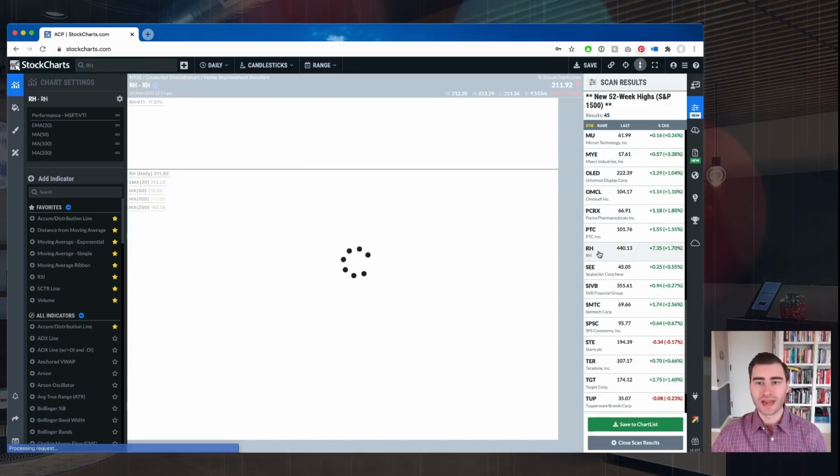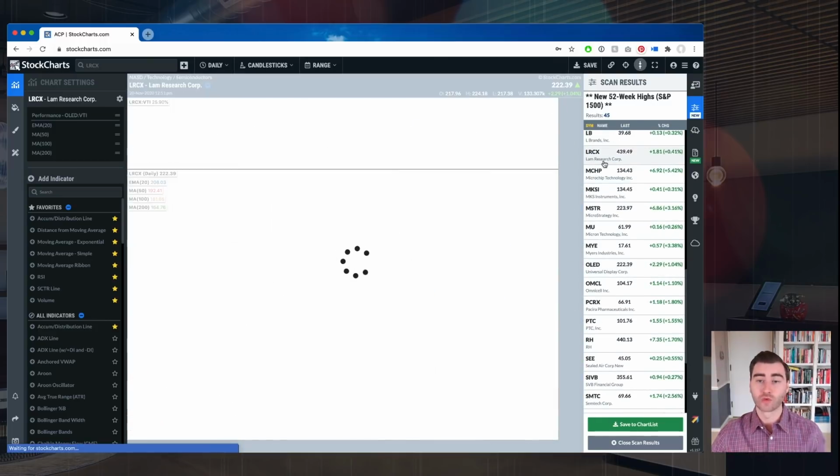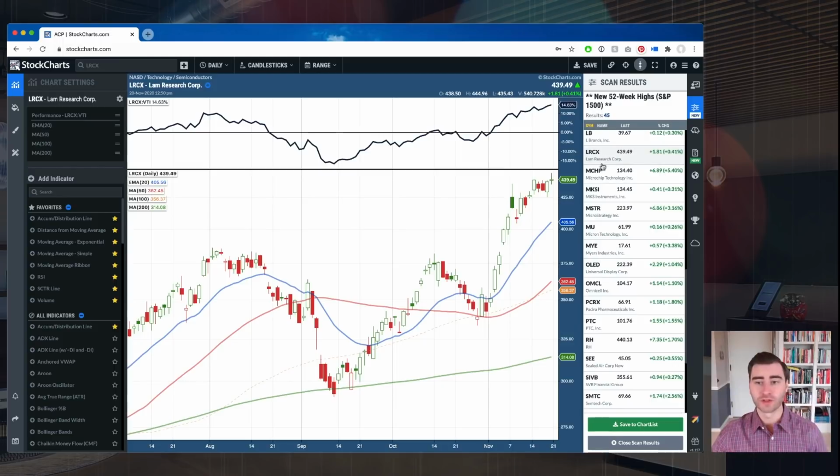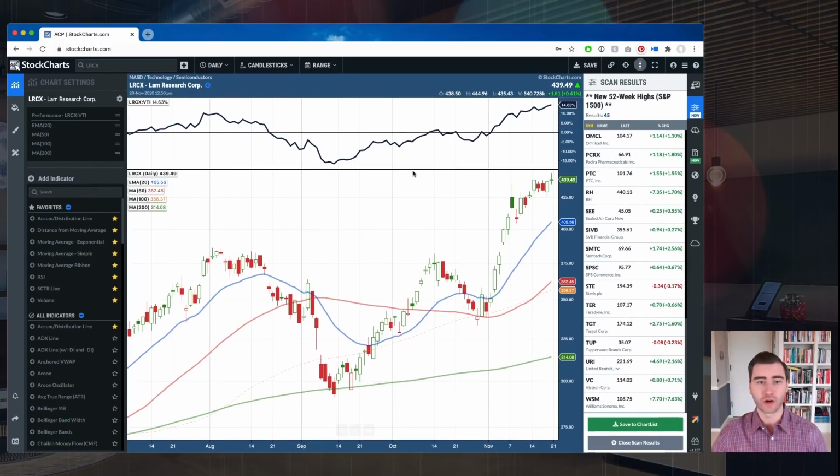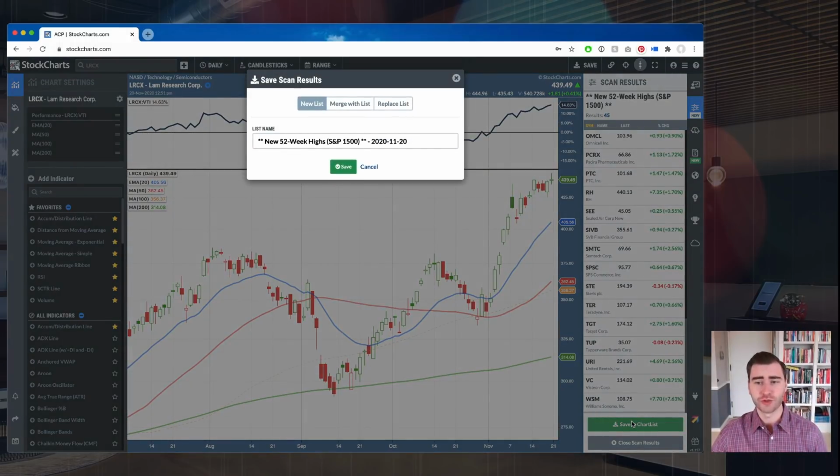Now, I can click on any of these to see a chart. So it's a really interactive way to run scans and then engage with those results. You get the list right here, and you can chart any of those symbols with ease very quickly. You can also save this to your account. So you run a scan, you come down here, you hit the Save to Chart List button, and what's going